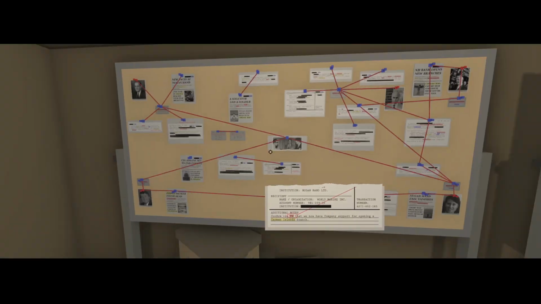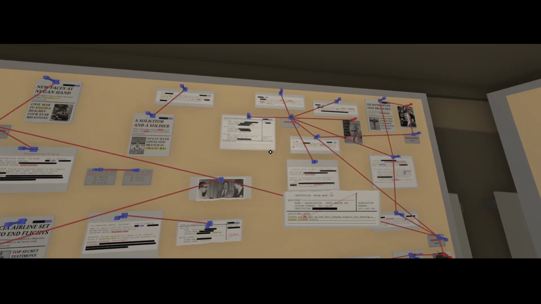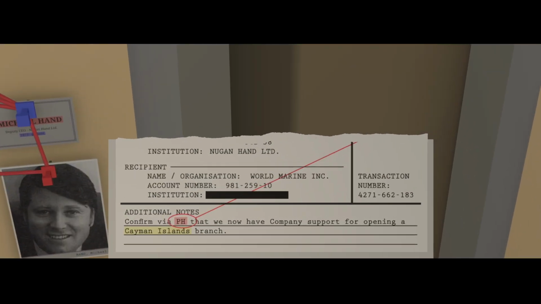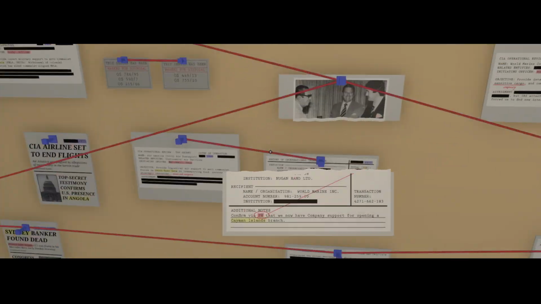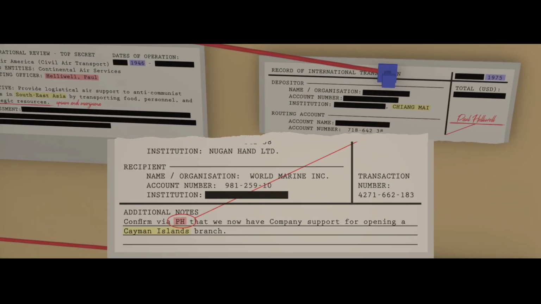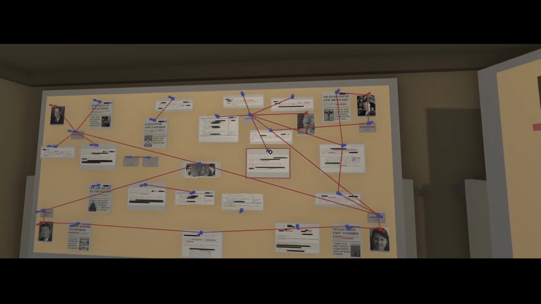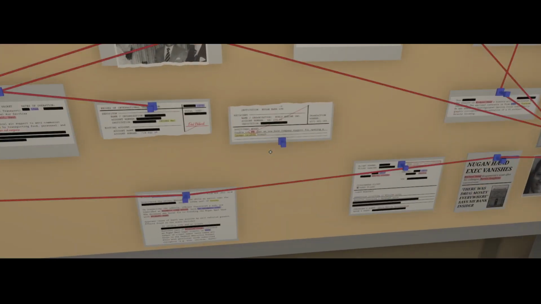Who's PH? Wait, because we have Frank Nugan, Colby William, wait, Paul Hand? No, that's Michael Hand. Houghton Bernie. Oh, Paul Helliwell. Wait, and this mentions Helliwell's Castle Bank. So this is connected to Helliwell. And this is also connected to Paul Helliwell.